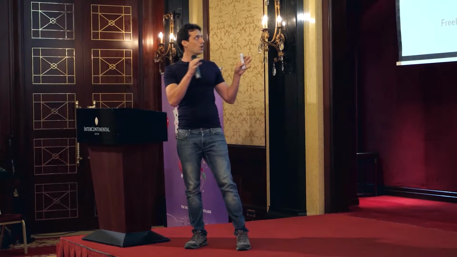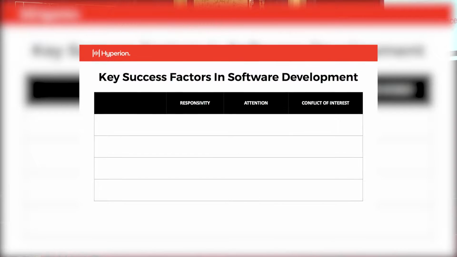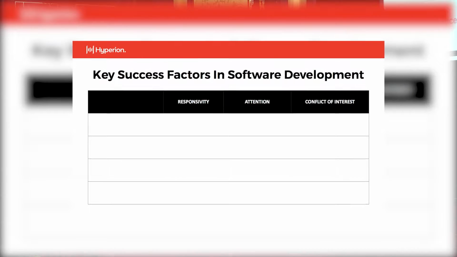If you're asking yourself why, it's just because as markets become more and more globalized, the competition rises, and these parameters start to loosen up. So let's just talk about these three factors in the eyes of a freelancer to understand what actually goes wrong, and then look at other models.